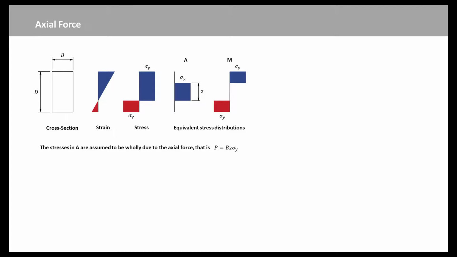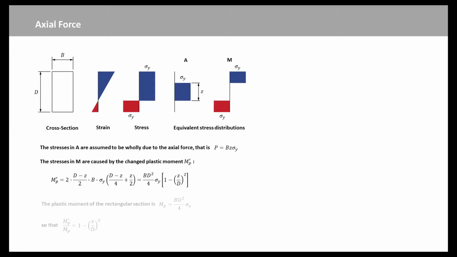That is, P equals B times Z times sigma y. The stresses in M are caused by the changed plastic moment MP', and is given by this equation. B times D squared over 4 times sigma y is the plastic moment MP of the rectangular section, so that